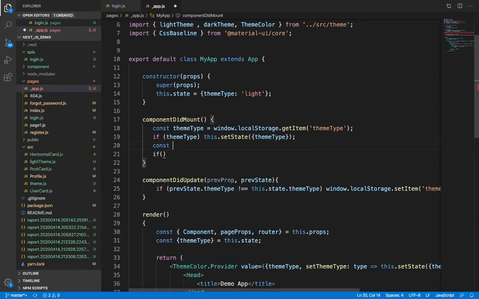So what we'll do, const userID equals to, okay. Inside the app.js, you will find a method called componentDidMount. It will run when your page is being loaded. So in that method, we have to take the user from the login page to the dashboard page.